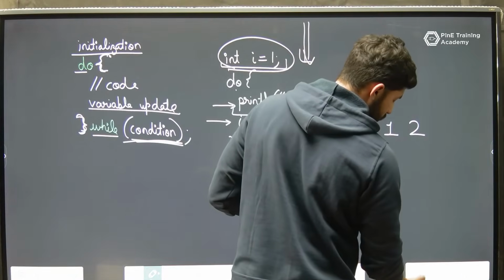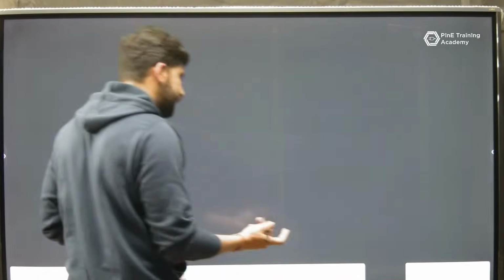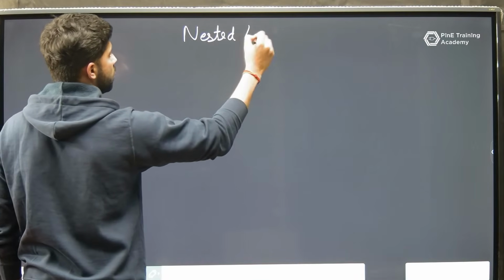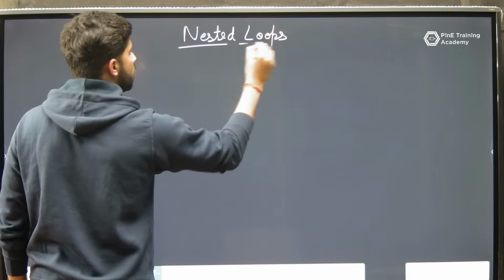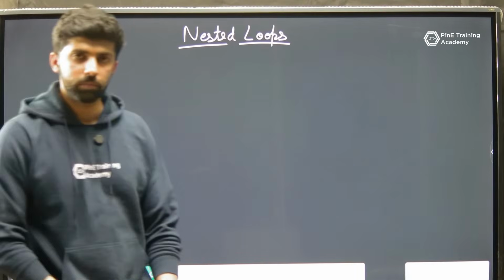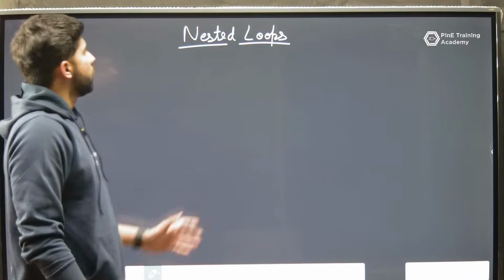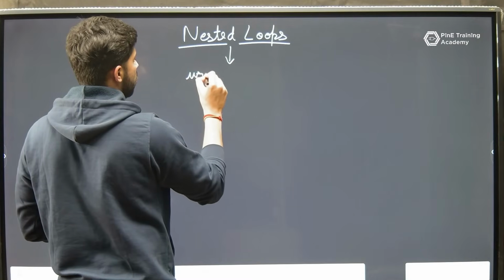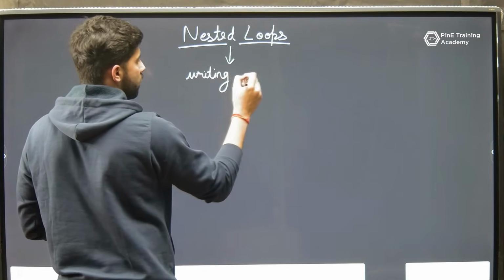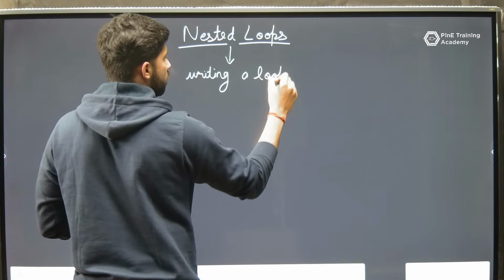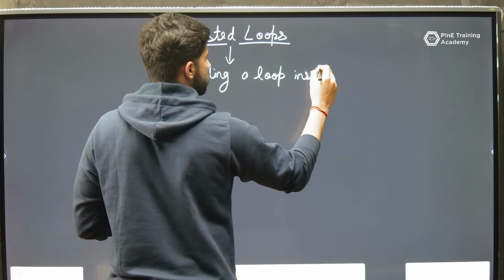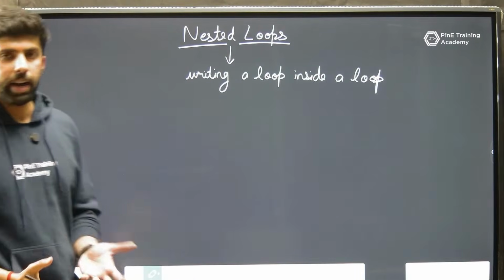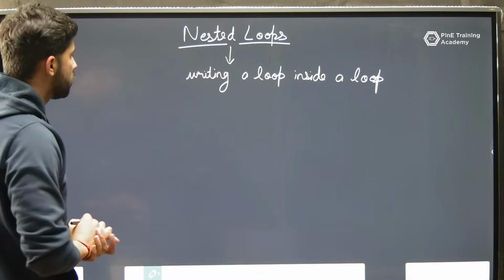Now let's understand the concept of nested loops. In nested loops, we write a loop inside a loop. So for example,